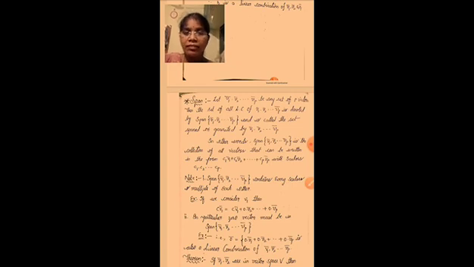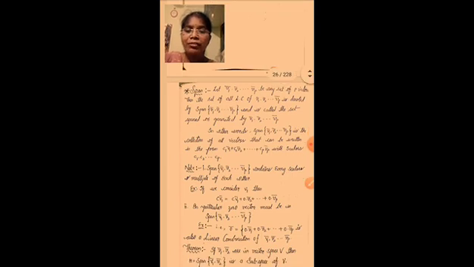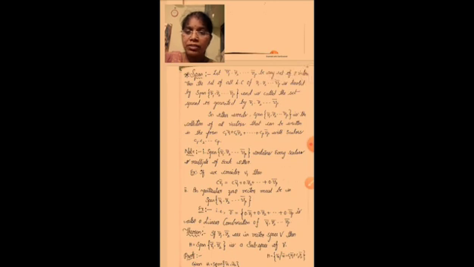Okay. Once again, definition: let v1 bar, v2 bar, dash dash dash, vp bar be any set of p vectors. Then the set of all linear combinations of v1 bar, v2 bar, dash dash dash, vp bar is denoted by span of v1 bar, v2 bar, dash dash dash, vp bar, and is called the set spanned or generated by v1 bar, v2 bar, dash dash dash, vp bar. Okay, the set of all linear combinations is called a span.